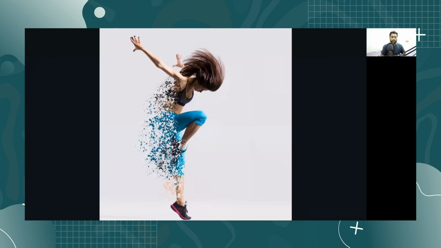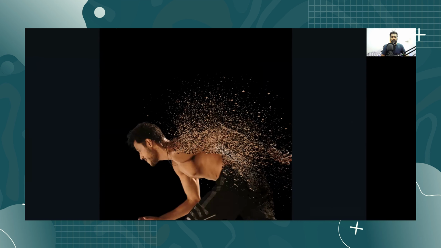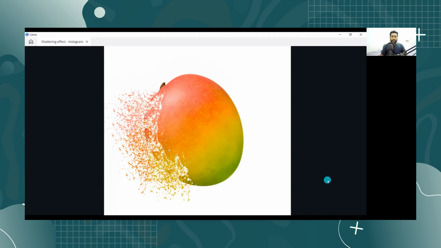This is one of my favorite designs I wanted to share, and I'll guide you on how we can create this and get the desired effect in Canva. You can create this kind of effect in Canva, and I like this shattering effect. Here you can see the kind of styles we'll create.